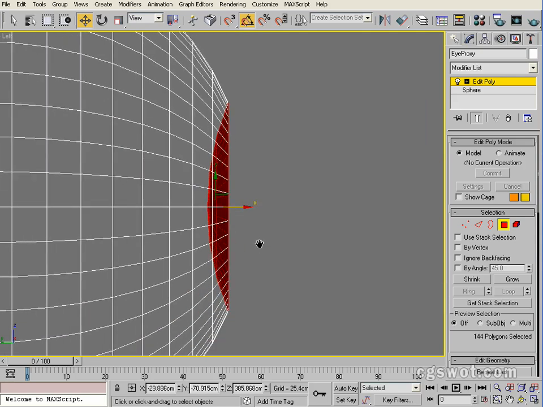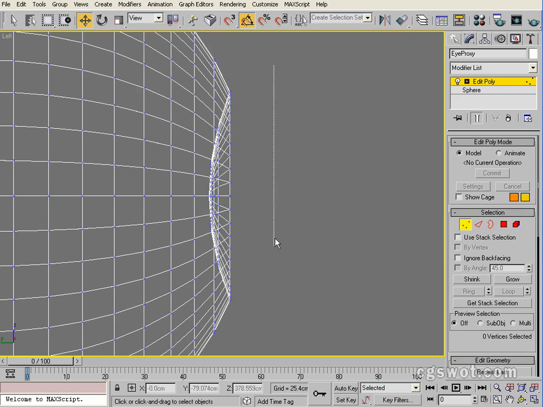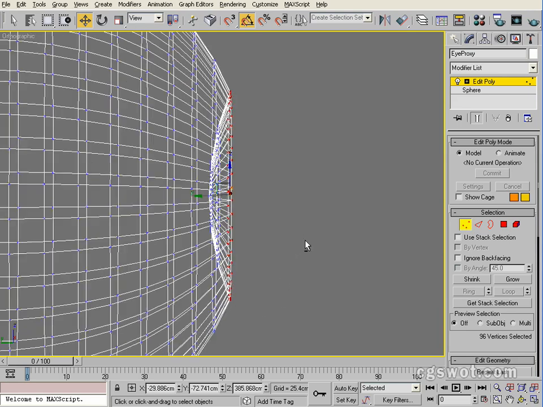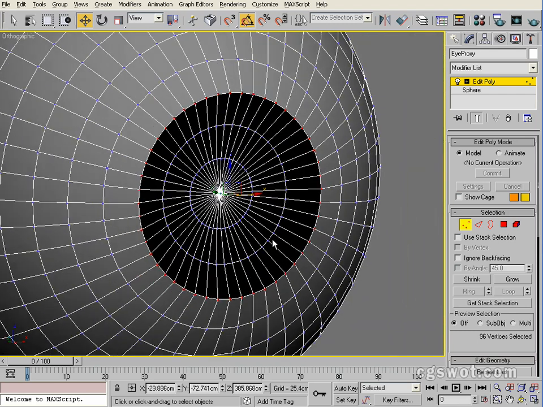And the next thing we need to do is go into vertice mode and select all of those front vertices. So you'll see there we've got all of the vertices on the front selected,